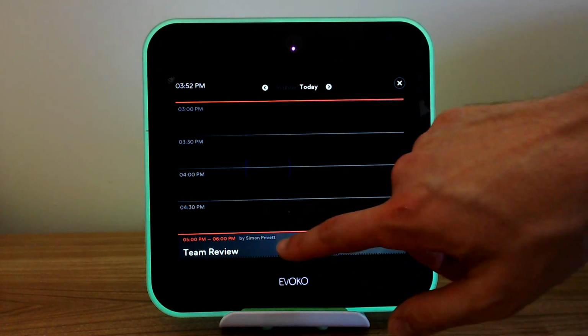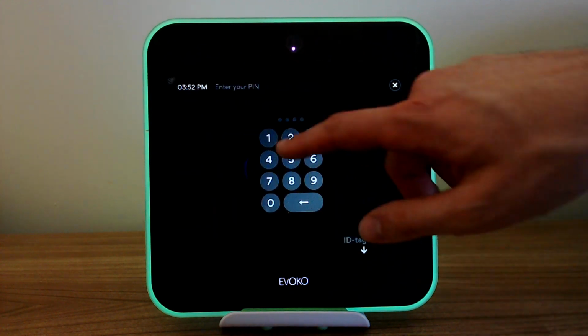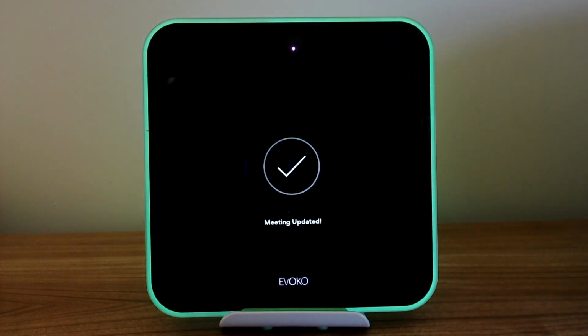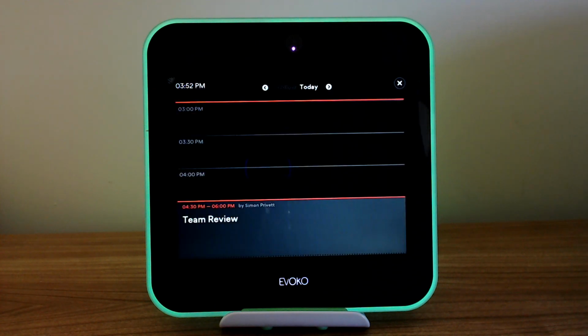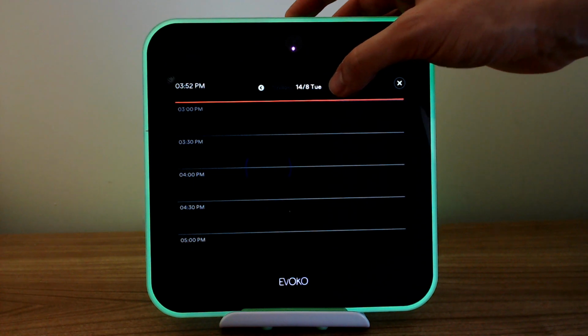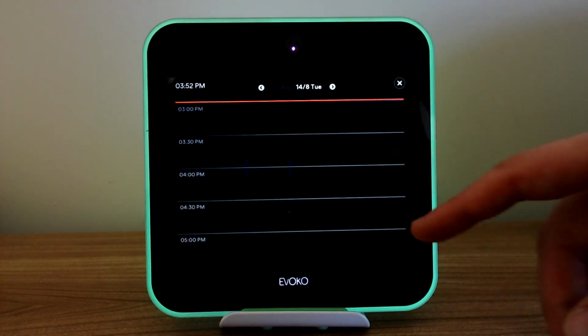We can, for example, extend that meeting to start a little earlier at 4:30. Authenticate that the same way that we did with instant meetings earlier. But if we want to have a look at meeting availability perhaps next week or further on from there, we can actually use these toggles here to be able to choose a day in which you want to book a